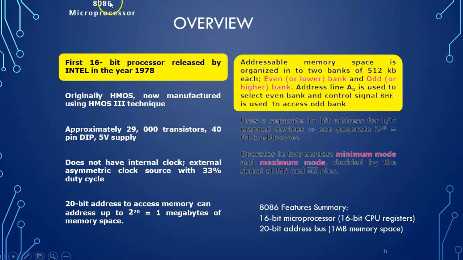Okay, so this is an overview of the 8086 microprocessor. It is the first 16-bit processor released by Intel, in the year 1978. It consists of approximately 29K transistors, and it has 40-pin IC packaging. And then it has a 20-bit address to access memory,